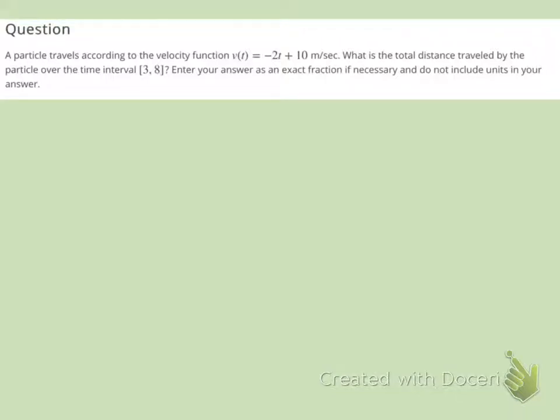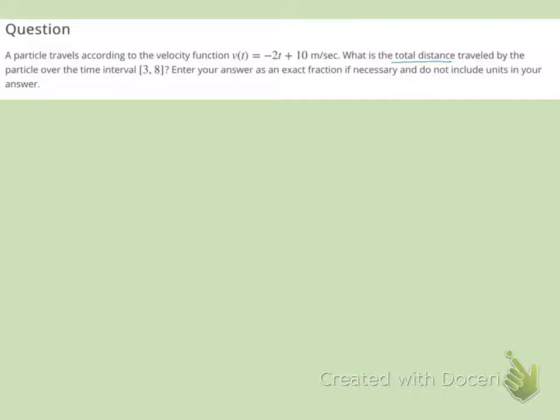This is practice problem number 2 for section 5.4. It says a particle travels according to the velocity function v of t equal to negative 2t plus 10 meters per second. What is the total distance, this time, traveled by the particle over the time interval from 3 to